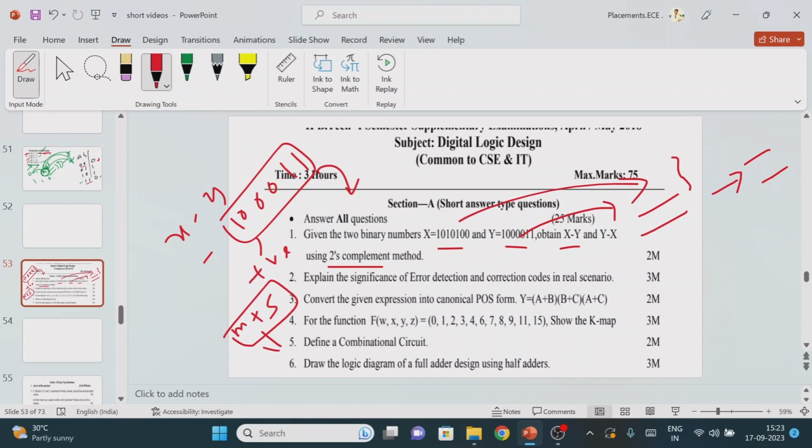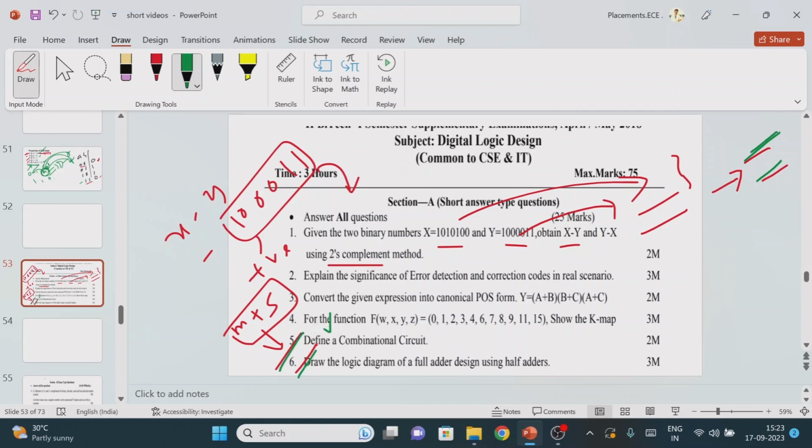After adding, you will find a result, which you compare with the normal subtraction you have done. If you do not get the same answer, you modify the answer. It means either you discard the carry or add it to the LSB. One more option is to perform the complement method again. You will get the answer equivalent to the normal subtraction. If you follow this method, problem solving will be very easy.